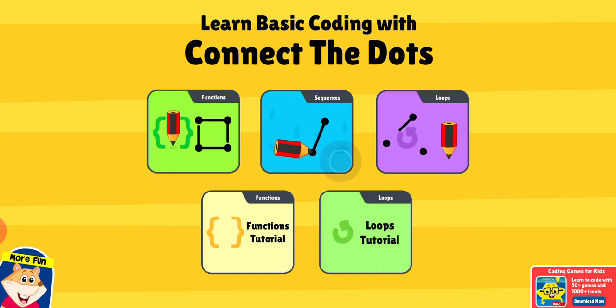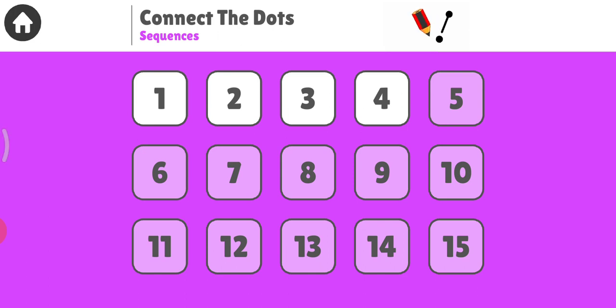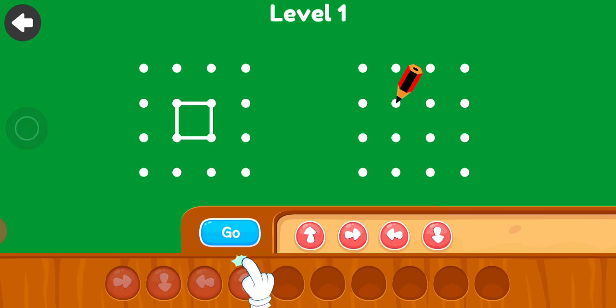That is sequence. Click on sequence. Again here you can see 15 levels. Just practice this also, children. Come, let's get into level 1. Now we are going to draw a square box. So I am going to take first one to the right side.